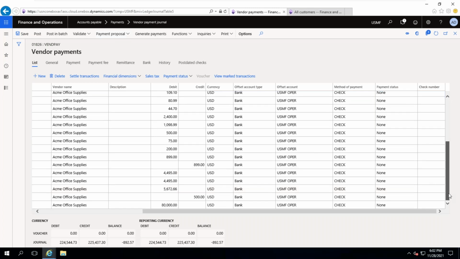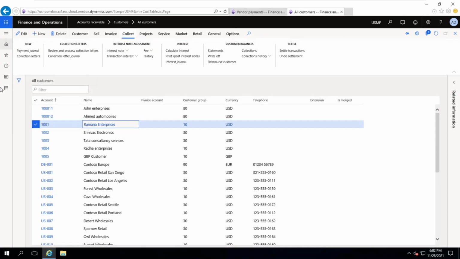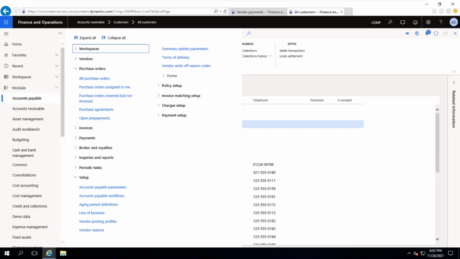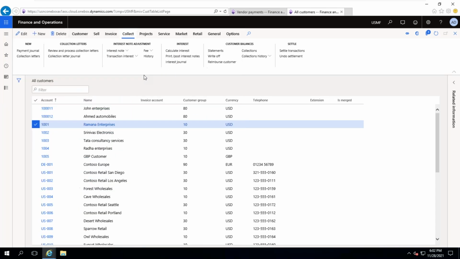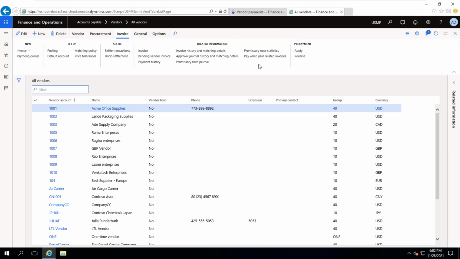So here actually it is showing payments also. The best practice is always you will do the settlement process. So now here in the system, it is showing both invoices and payments. So always we need to do the settlement process for invoice, for payments. Whatever payments are already there, you need to do settlement of invoice. So here 1001, if you go here, settle transactions,